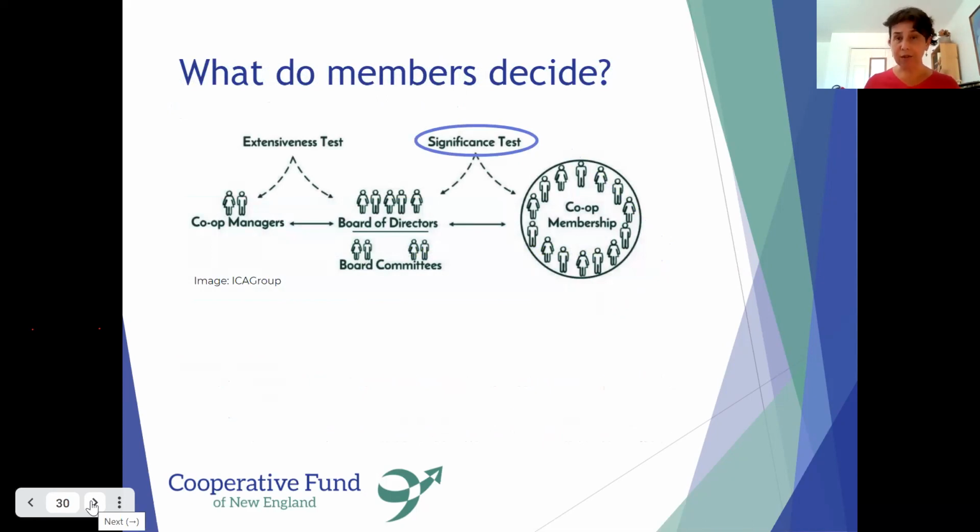So how do you decide who does what? This was a question that came up in a bunch of y'all's registrations. Generally, there are two tests that you can have. One is the significance test. So what decisions do all members make? And this is really about, does it affect the survival of the co-op? Does it affect everybody and for a long term? And then the other is the extensiveness test,